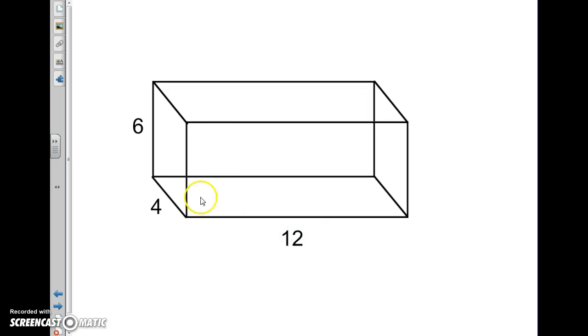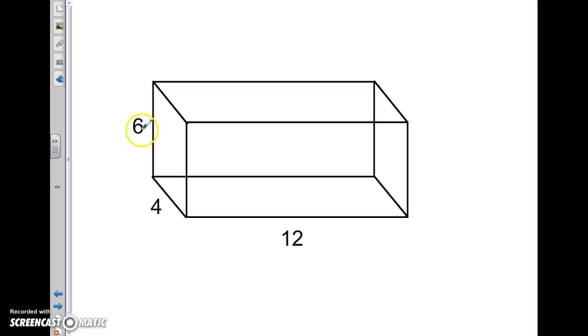So first here, and it doesn't matter what order we multiply these three factors because of the commutative property. So if we did 12 times 4 times 6, it's going to be the same as if we did 6 times 4 times 12 or 6 times 12 times 4. It really doesn't matter as long as each of these factors are going to be multiplied with each other. So I'm going to take the approach, and it doesn't mean it's the right one, it's just the one that as I look at this, I think is going to make it a little bit easier for me,